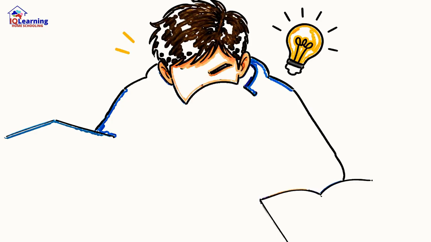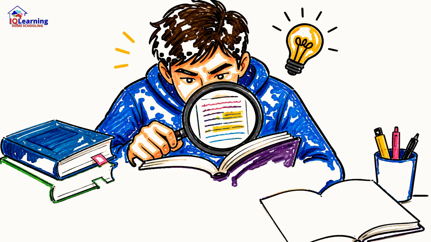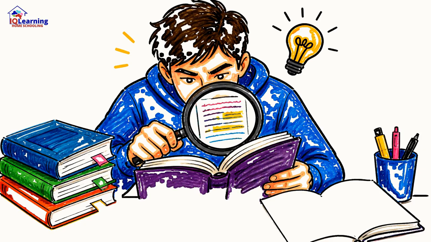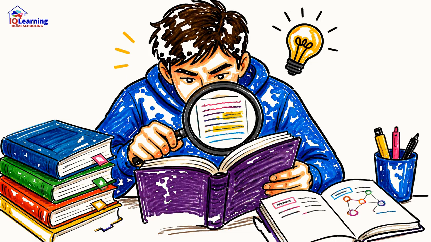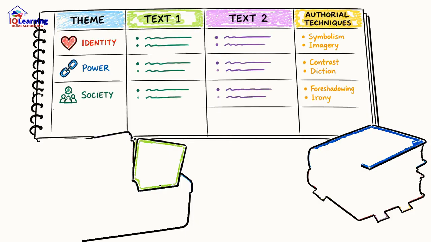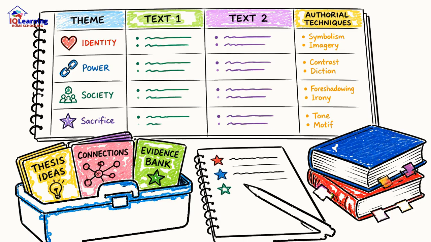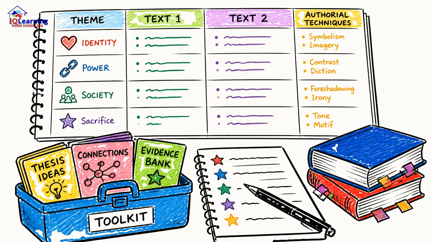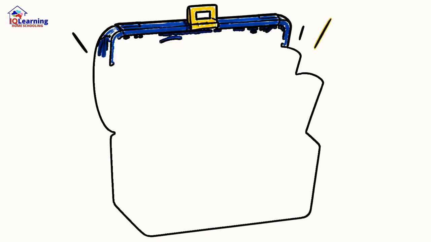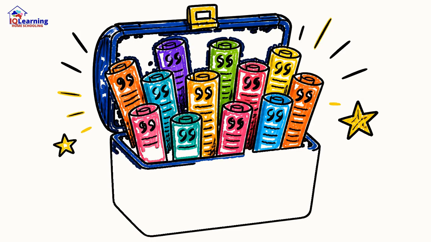So what does that system look like? Weeks before the essay, the focus is on deep knowledge. This means reading your texts multiple times, not just for plot, but for patterns. You create comparison charts that map out themes and authorial techniques side by side. This is where you build your toolkit, a bank of potential thesis statements, lists of connections, and your evidence. The goal is to memorize around 12 to 15 key quotes, a small arsenal for each text that you can